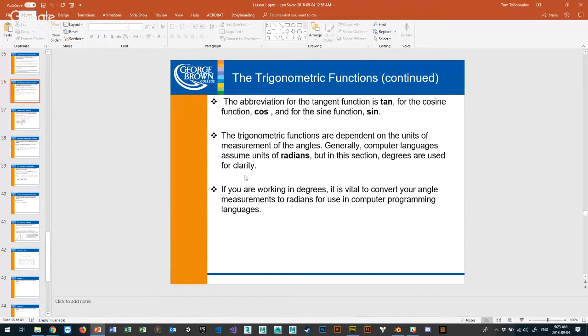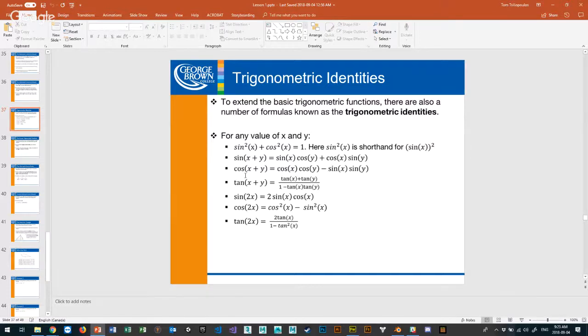Okay, all right, so we talked about this. These are some trigonometric identities. Again, I'll put these up on your cheat sheet. You don't have to remember them, but these are some really important things. You know that sine squared x plus cos squared x is always going to be equal to 1. Sine squared x from a notation perspective is also shorthand for sine x squared. It means the same thing. So that's an identity.